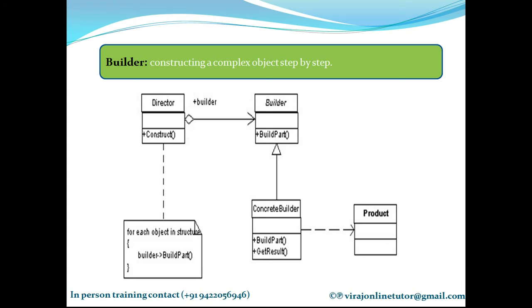The Builder is a class which is responsible for constructing the object. Each builder constructs different parts of the object. As I've said, I have different concrete builders which are building the different parts, and the Director is controlling the entire creation of the complex object, because I have divided the entire complex object creation into different parts. The Director controls the object creation, but each component creation will be done by the concrete builders. I'll again explain this: I have a Director here which controls the object creation of the complex object that you have. So in this construct function I have defined this.